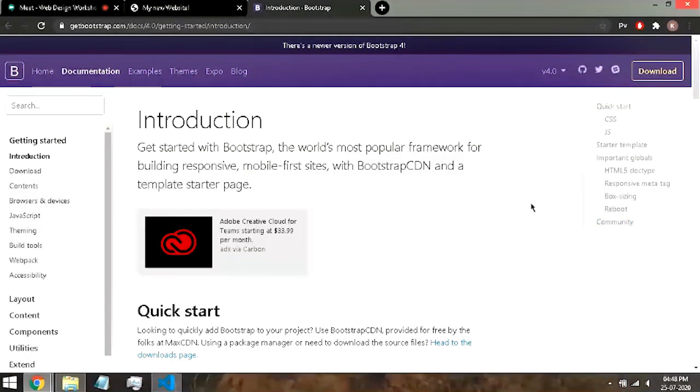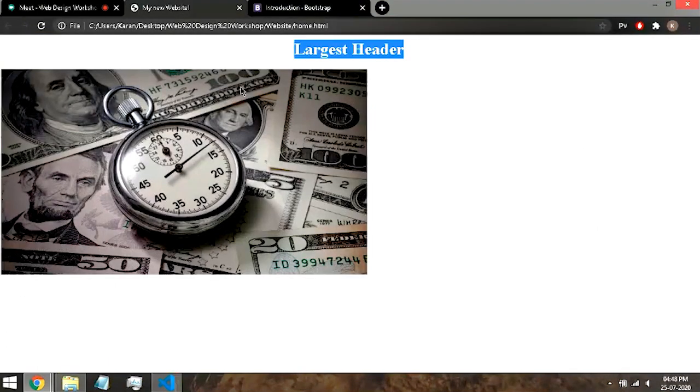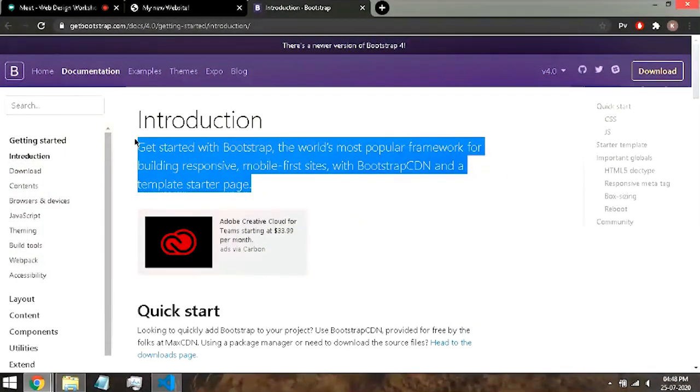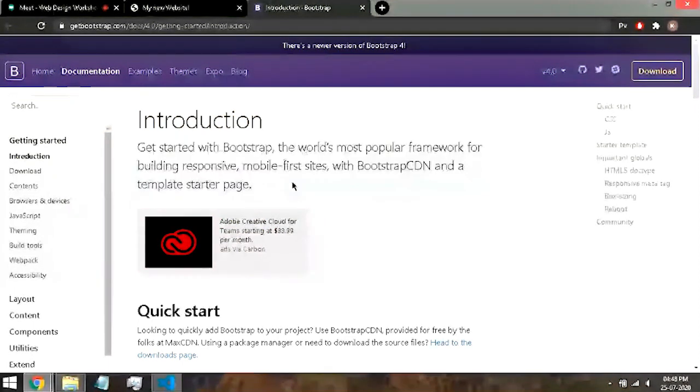JavaScript is a scripting language and HTML is a markup language. So what do these two mean? Markup language means that you can design stuff with that language, markup, basically, as the name suggests. And scripting language means that you can add logic into your website. Some of you may be familiar with programming languages such as C, C++, Java, then you may know that the bare minimum logic that we write is if else. If this, then do this. If not, then do that. So this is what JavaScript adds to your web page.